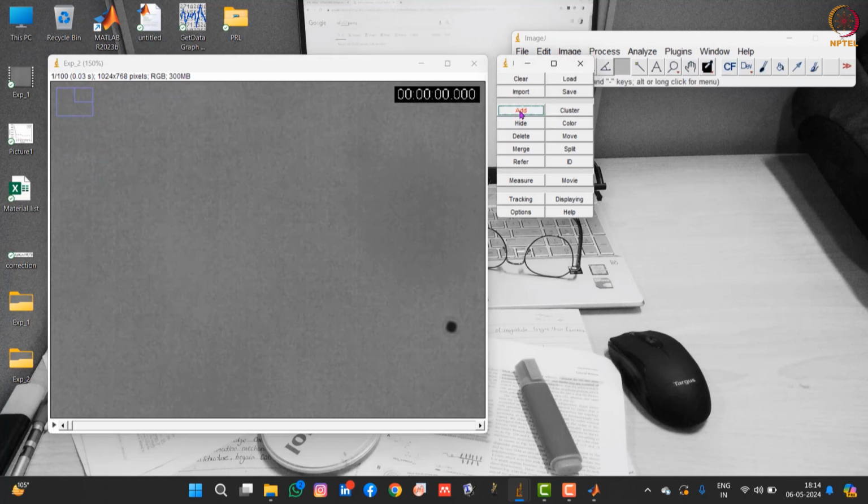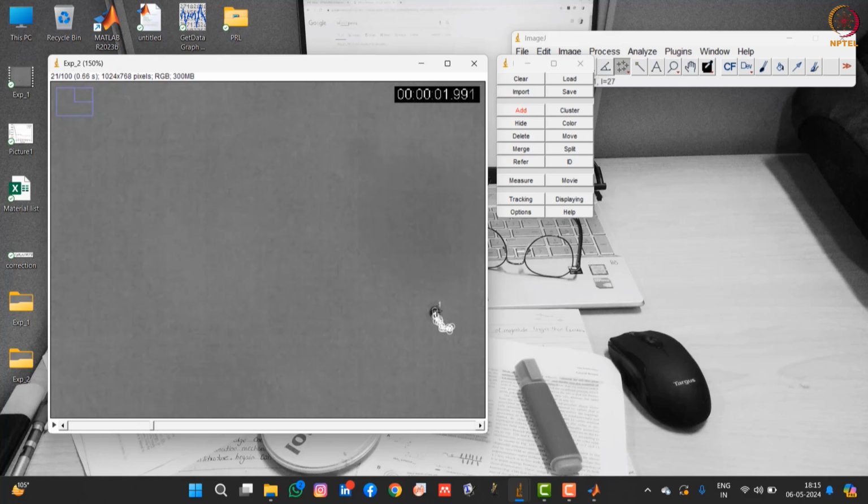All right. So again, by choosing the Add menu, now you can see this is how I'm tracking. Our cursor must click in the middle of the particle, or you can say the center of the particle. Then only can you get good data. You can see here this path is continuously visible to us. This is how our particle is moving. I'm clicking in the center of the particle.